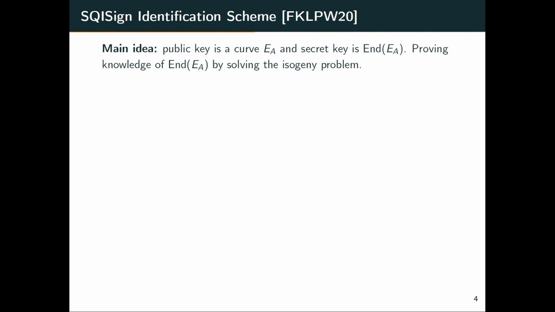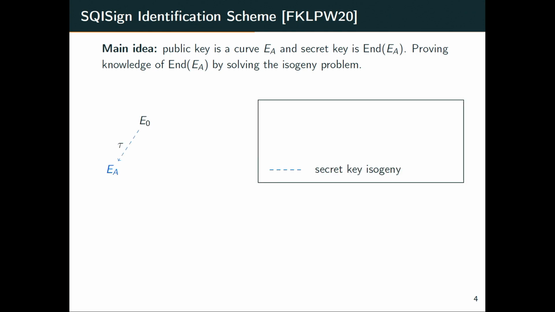And I want to prove that I know this object by solving an instance of the isogeny problem. And by the small picture that I showed you in the previous slide, I should be able to do that only if I can translate, and so only if I know the secret. So that's a bit morally the idea behind the identification scheme. So this protocol is all about building a nice instance of the isogeny problem that the prover will solve.